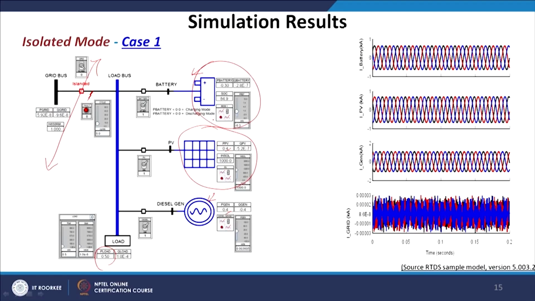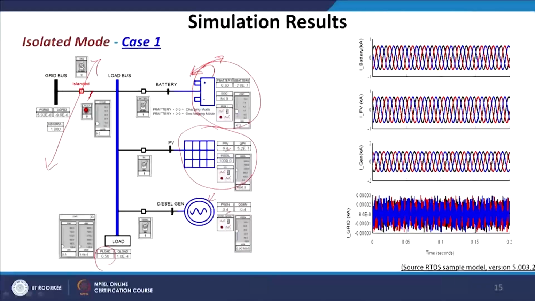So, what is happening? You allow your PV to operate at its MPPT, you allow your DG to generate some power. So, 0.4 units coming from your PV, 0.4 units coming from your diesel generator, the load is 0.5. So, you have an excess of 0.3 units and the grid is not connected, so you cannot give it back, nor reduce your diesel generator. In that case you allow your battery to charge. So, this 0.3 excess energy is being taken by the battery, so that the battery starts charging because you have excess energy. Now, let us move to case number 2,